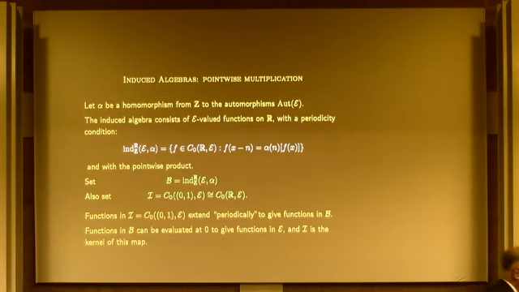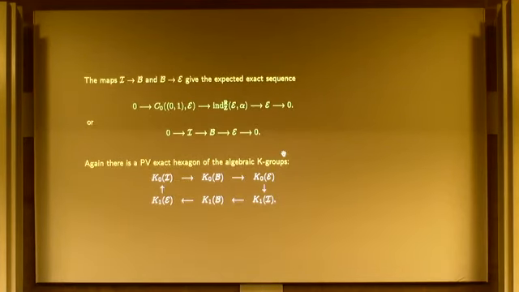And therefore what you get is the exact sequence that you want, with the interior going to the bulk going to the boundary. And again, you'll have a Pimsner-Voiculescu exact hexagon of these K groups. And it's known, in fact, that this is another way of getting the same Pimsner-Voiculescu hexagon as before, but